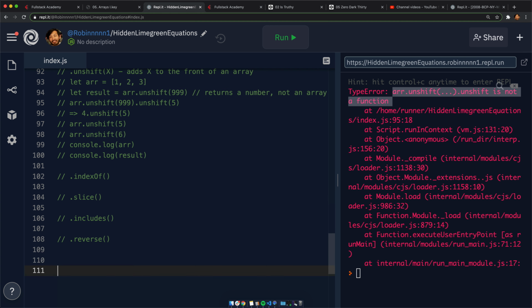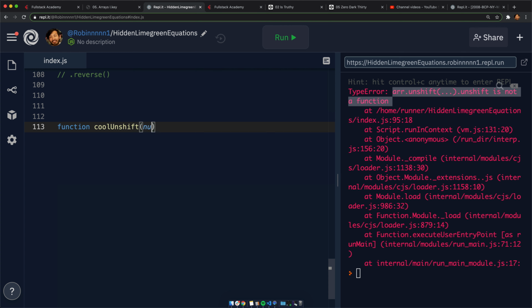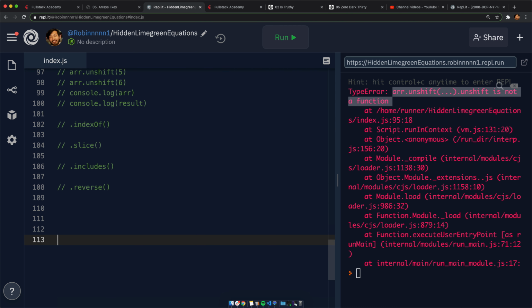So let's take a quick detour because this would be cool to be able to do, right? And so let's say there's a workshop problem where we have to do this. We should be able to chain these things. So I'm gonna say function, right? Cool, unshift takes a number and an array. Ooh, hold on a second. Never mind. I think we have to learn about a couple more things to do this, but that's basically the